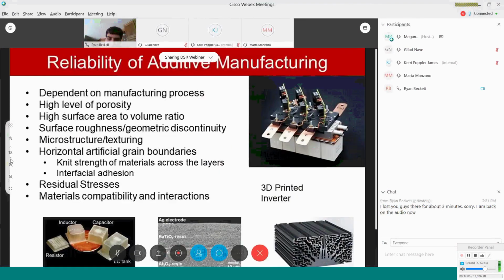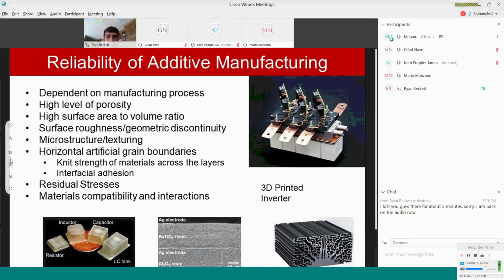And then, as I mentioned, since our focus is risk and reliability as well as design and manufacture, we want to be looking at what can go wrong with these additively manufactured systems. And they're very different processing than the traditional processing. So we kind of know how a cast material will fail. We kind of know how a rolled piece of metal will fail. But we don't really know how some of these additively manufactured metals and ceramics will fail because nobody's manufactured that way before, and they have lots of interesting characteristics.